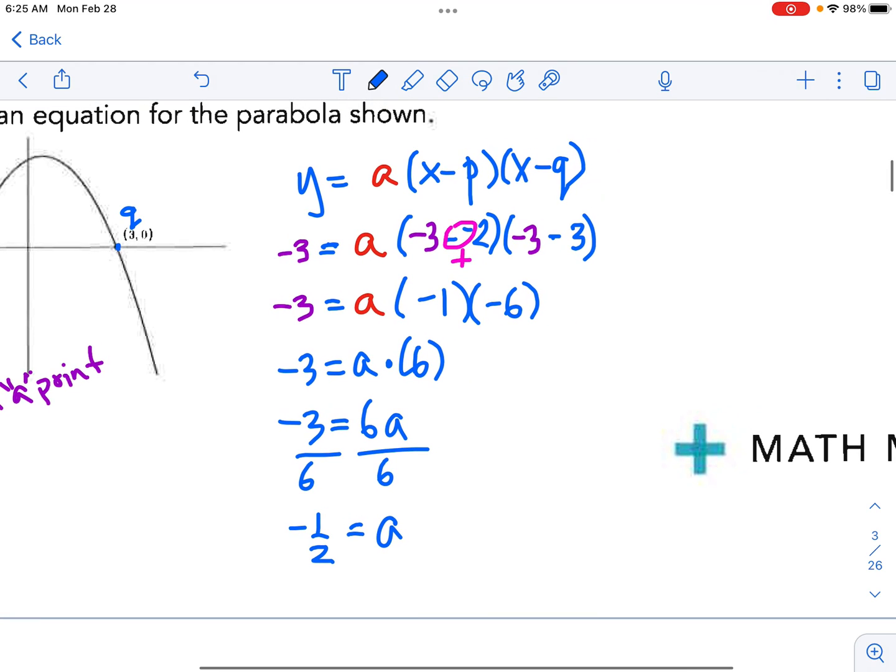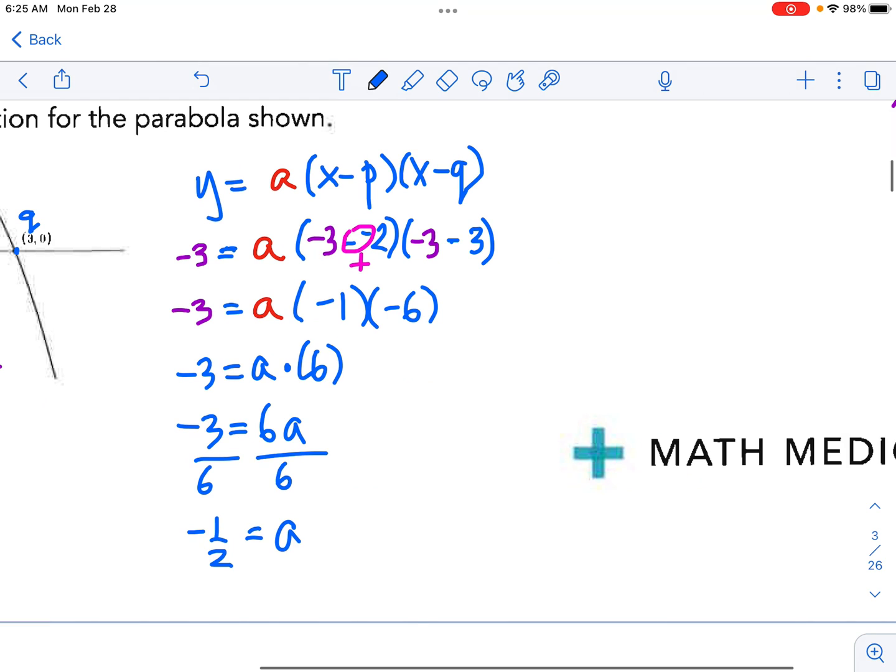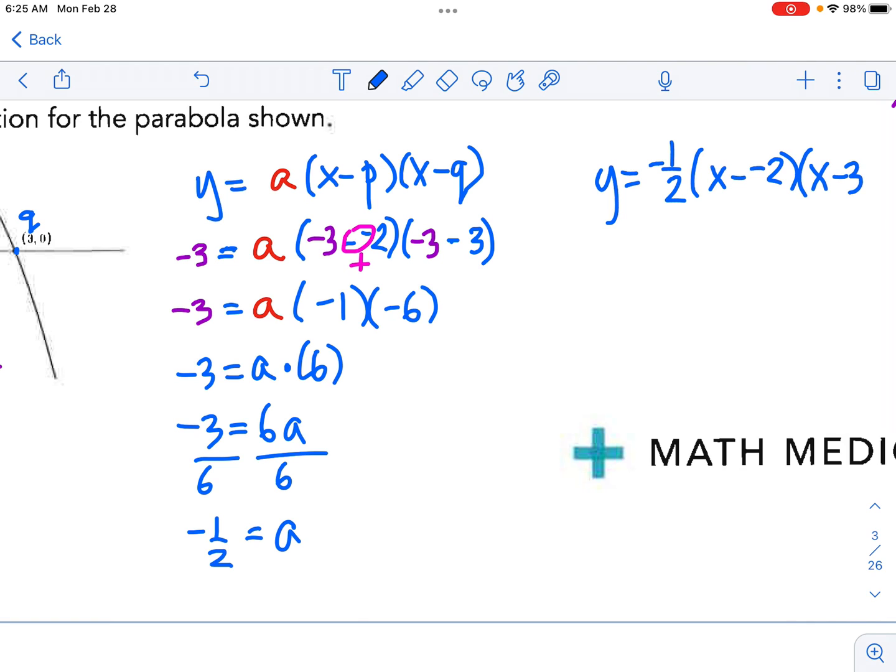in that movement table. So our equation then looks like y equals negative 1/2 x minus p, which was negative 3. I'm looking at the purple stuff here. I'm sorry, I'm not looking at the purple stuff. I'm looking at the blue stuff, so I did that wrong. That's a common pitfall there. Negative 2, there we go. X minus a positive 3. And let me clean that up a little bit. That's negative 1/2 x plus 2, right? But that's what happens when we have that negative intercept, and x minus 3. So there's the equation